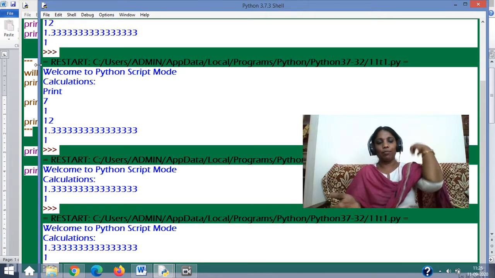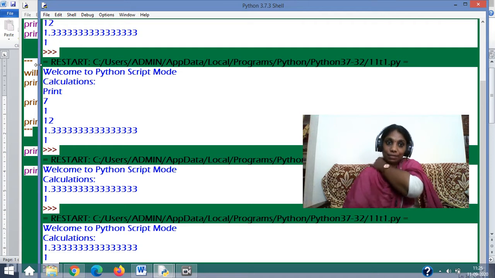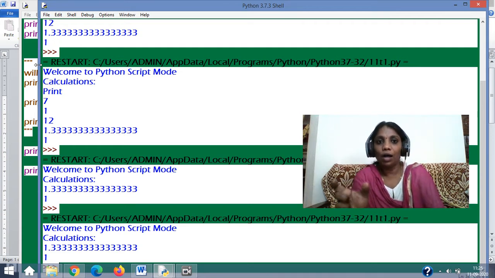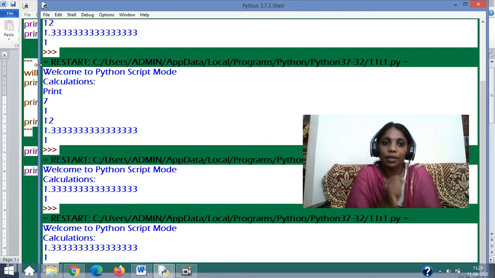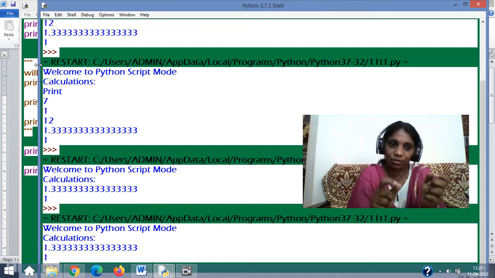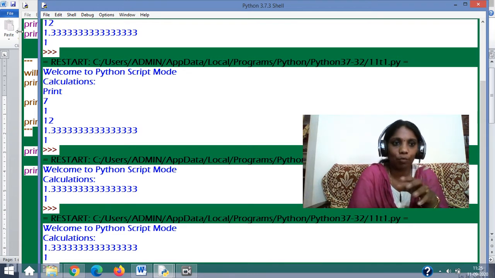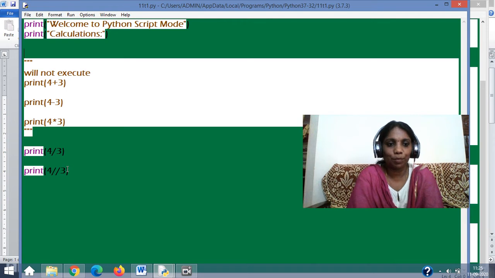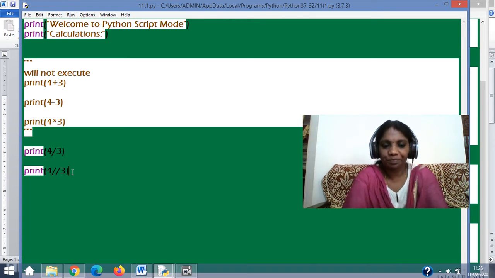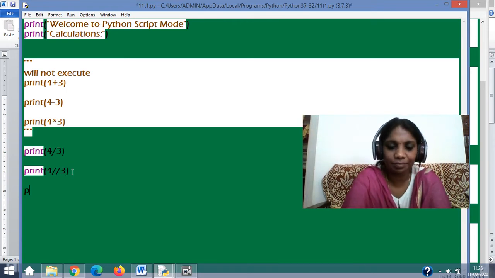So if I write a big program and then I wanted to show you only a specific set of answers, then the other code can be kept inside single or double quotes. I can't put single quotes there, 3 double quotes. When I put 3 double quotes, I can comment a lot of lines as such. I will show you one more afterwards, but the main idea of this video is to show you about print, otherwise I'll deviate from that. So let's go back to print.